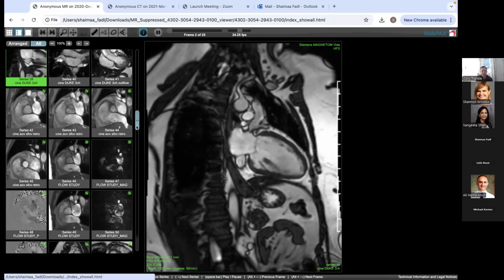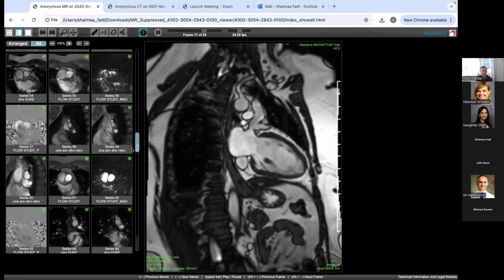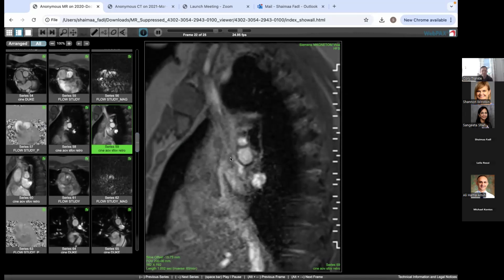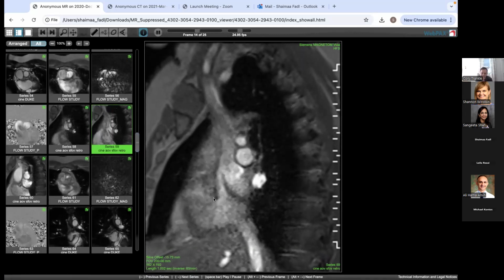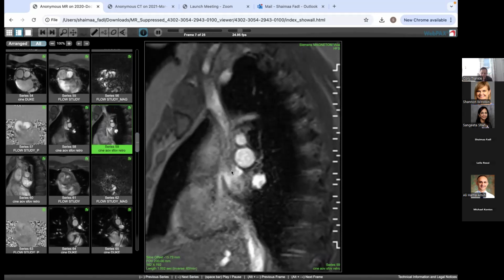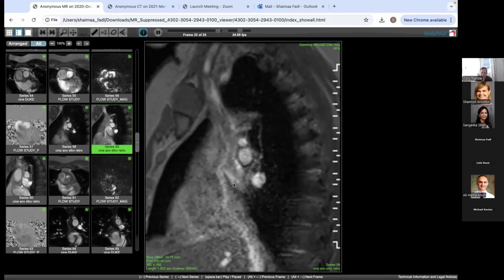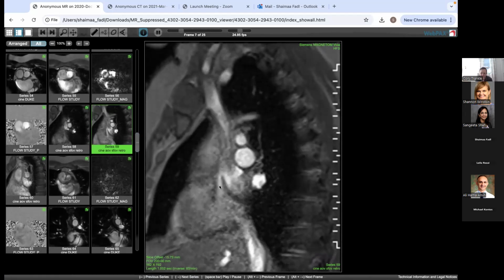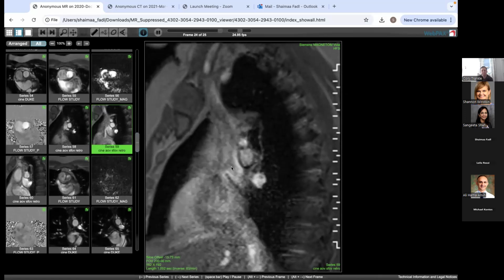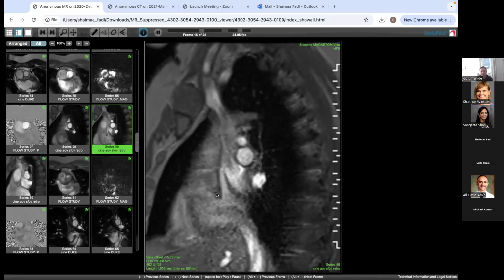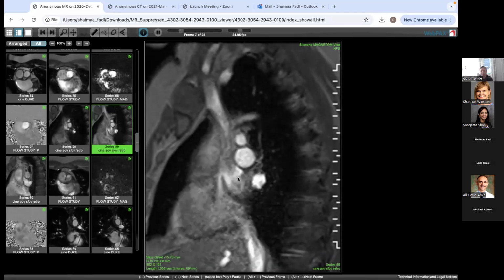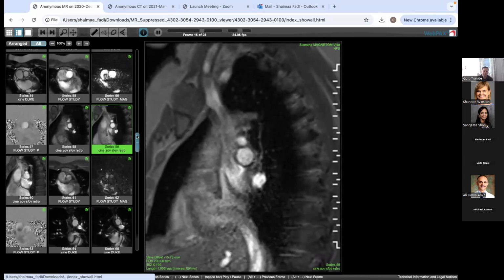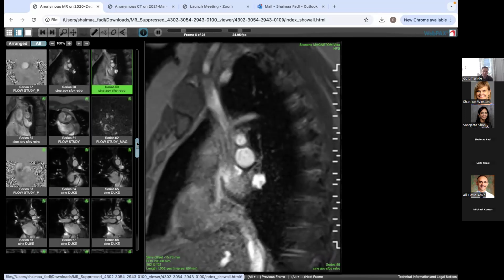Moving on, we obtained more images to assess the drainage of the right-sided SVC. This is a sagittal view or short axis view through the SVC inserting into the atrium. And at that level, you can start to see that there is an overriding superior vena cava over both atria. But this is a little bit narrowed connection to the right atrium, and the SVC is more directed toward the left atrium. This means that this patient may have some right to left shunt, which may explain the